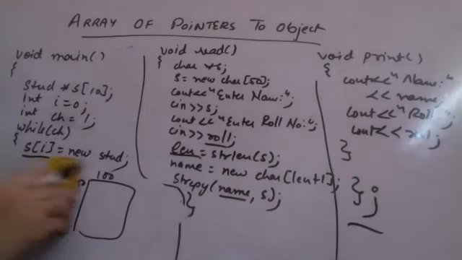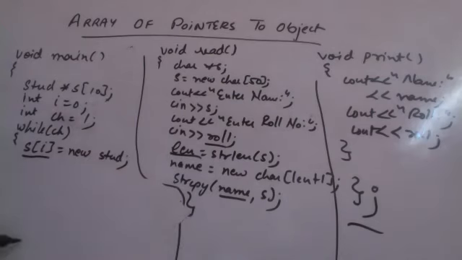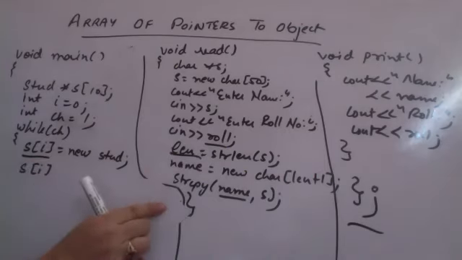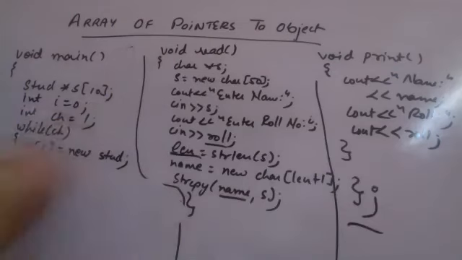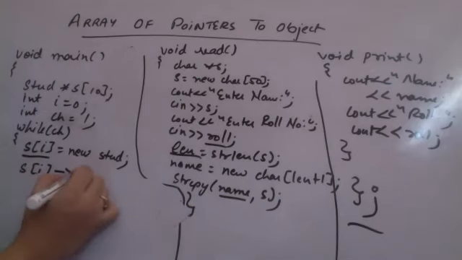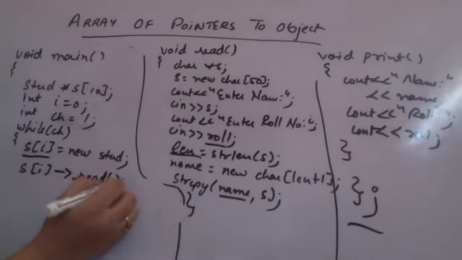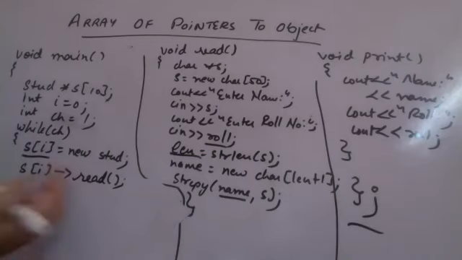Now after this I will be reading the data. So what I do, I will be calling S of I. Dot नहीं use होगा. I have to call the member of the class here. Read call करना है. Supposedly I want to read the data of the student. I use the arrow. Since it is a pointer, I am using the arrow operator, and then I am calling the read function. After reading the data of the student, I increment the pointer so that the next time I come in the loop, next location पे value allocate हो.